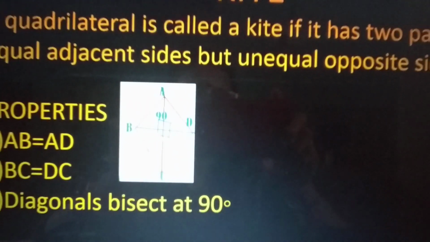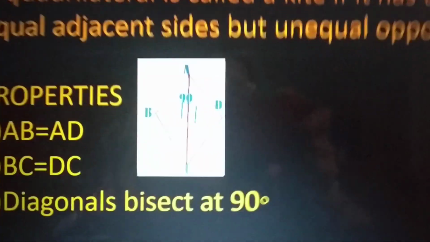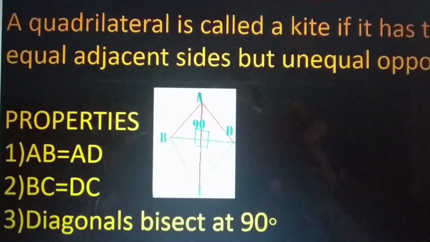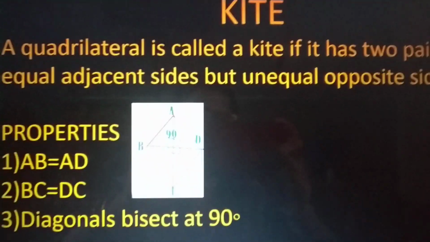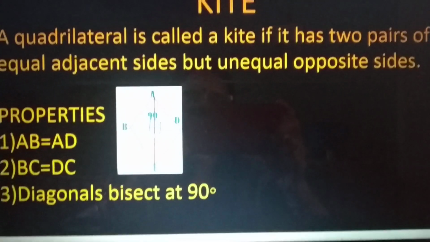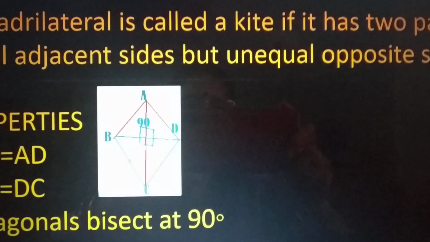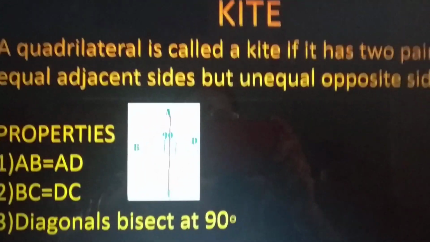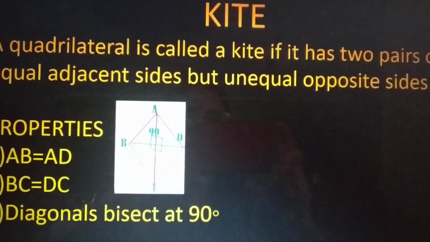So wherever you find 90 degree, you can use the Pythagoras theorem, and you have to remember the most important property, that is, in square, rhombus and kite the diagonals bisect each other at 90 degree, which is the most important property. Thus we have seen all the properties of the quadrilateral. So in the exam you have to read the question carefully, which type of quadrilateral is given. Depending upon the type, you have to use those properties and mention those properties in your answer also. Directly you should not write the answer. You have to mention the property, by which property you got the answer.